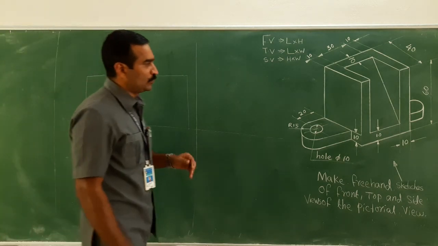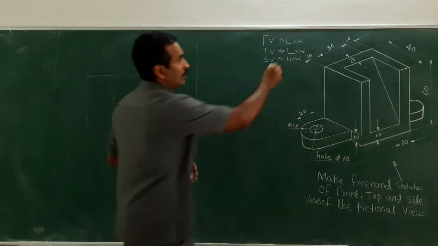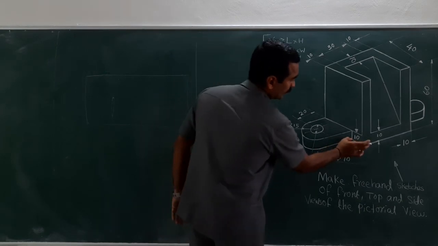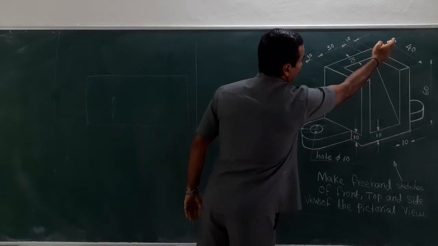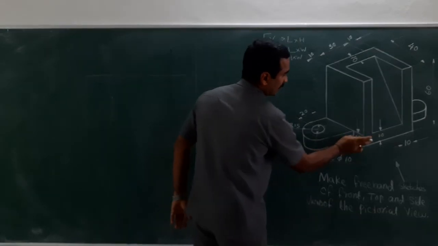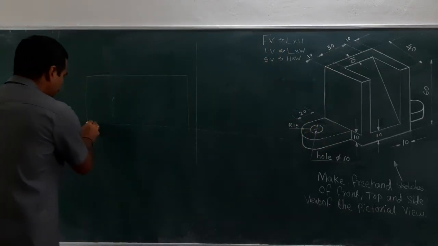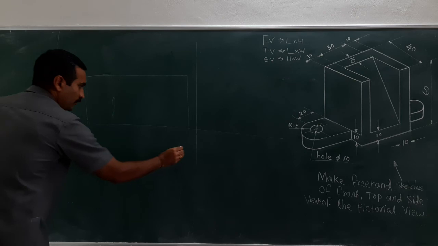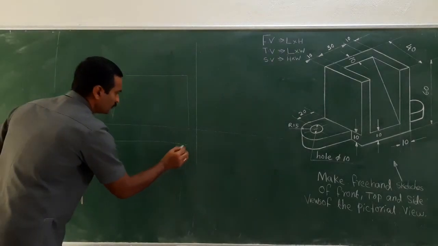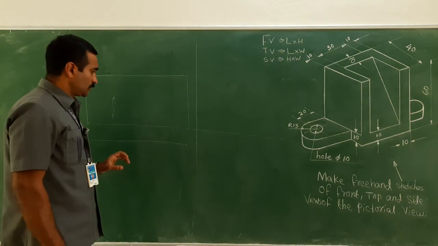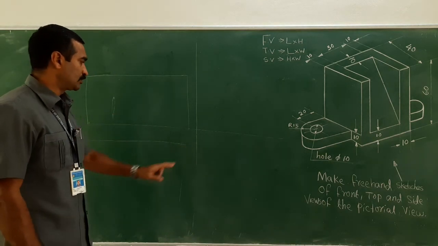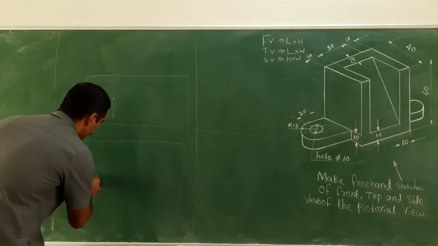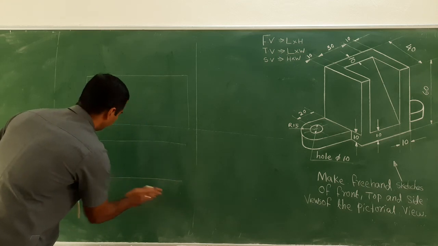Then what about top view? Top view similarly, L is same and width of this object. Width is, this particular depth is 40 mm. This is totally 40. This is 35 plus 10, that is 40. So let me just extend this and from here, so 40. Leave 20 mm minimum so that the dimensioning line and marking the dimension can be captured within this gap. So 40 from here. So this is 40.